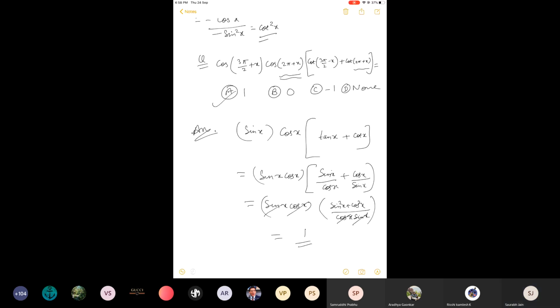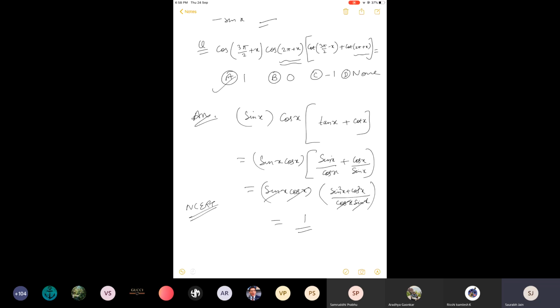A is the answer. So if you students are following NCERT in your schools, if you are in CBSE board schools, then in NCERT there is this chapter, and this is a question from the third exercise of that book, Exercise 3.3, and the question number is 9. However, it is based on simple reduction.